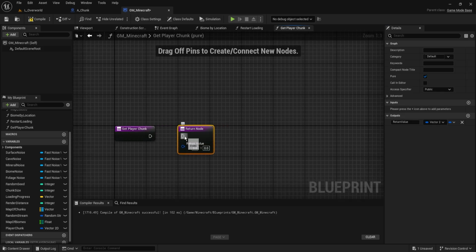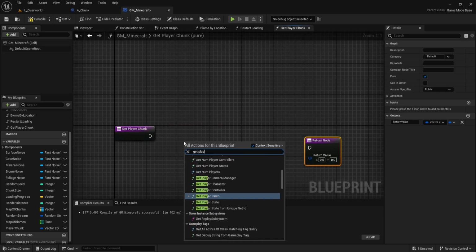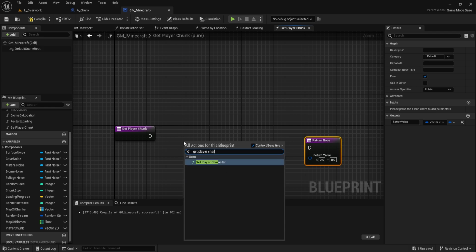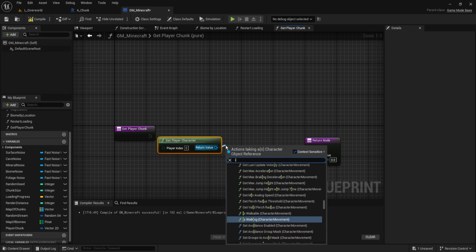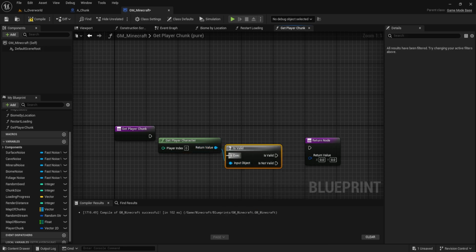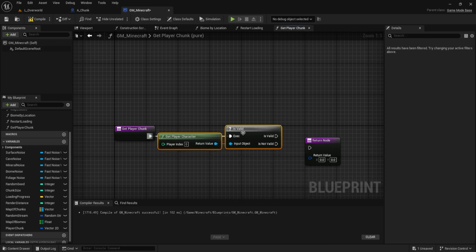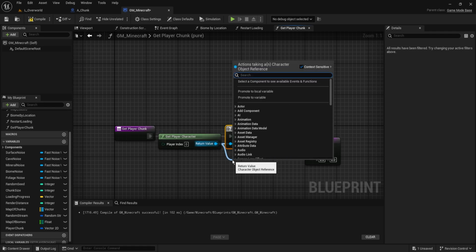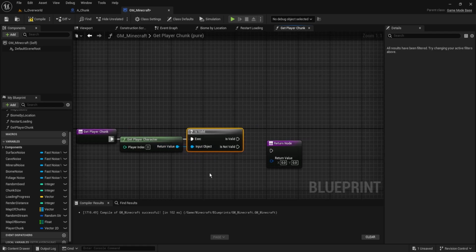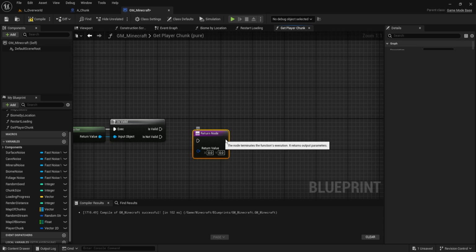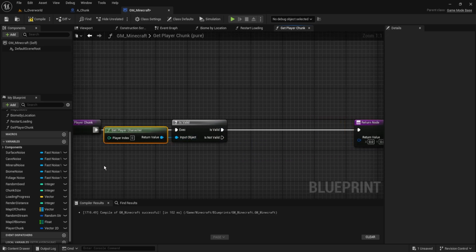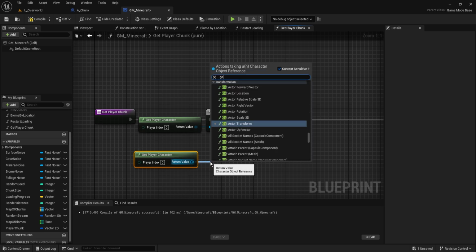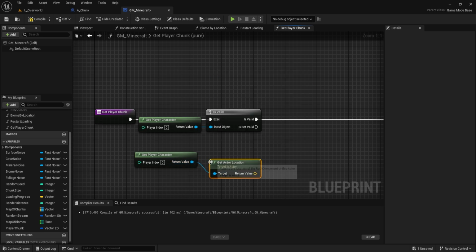And what we're going to do is get player character. And from our player character, we need to know if it's valid, because in some situations, maybe it won't be valid. And we need to make sure that this doesn't cause the project to crash, because it's getting a reference to something that doesn't exist, which would lead to an access none. So if this is valid, we can get our player character, we can get our actor location,